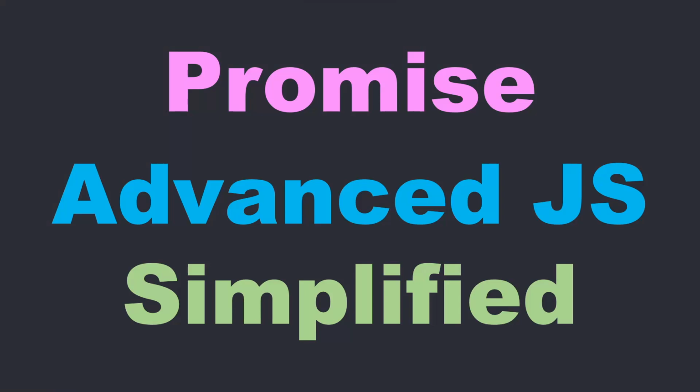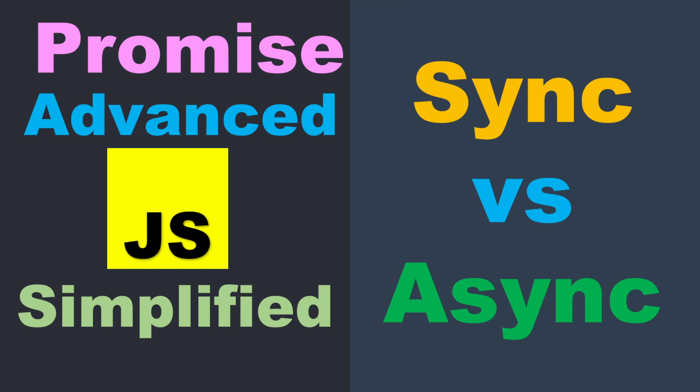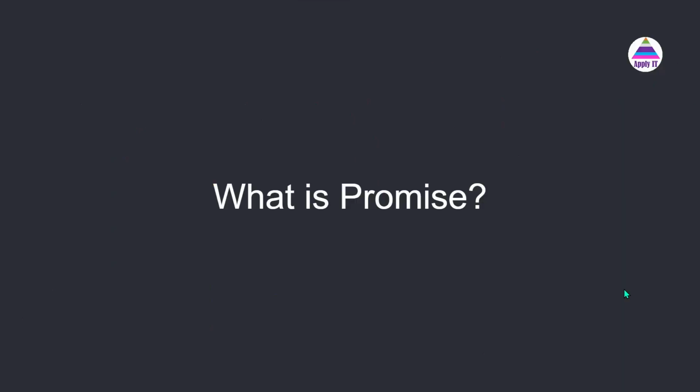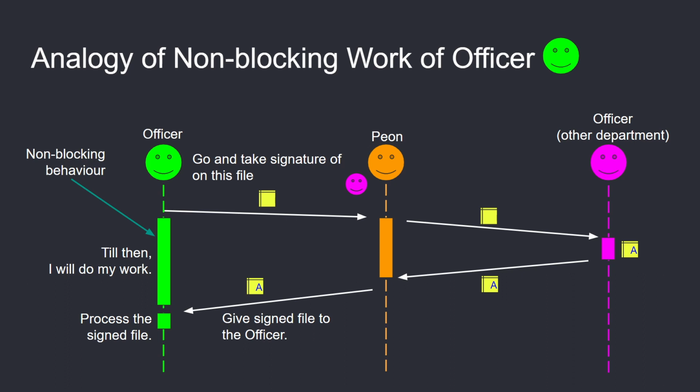This is the second video in the series on promise. In our first video, we understood the difference between synchronous call and asynchronous call. In this video, we are going to understand the promise object in detail. So let's get started. In the previous video, we understood that when we make an async call, it is going to return